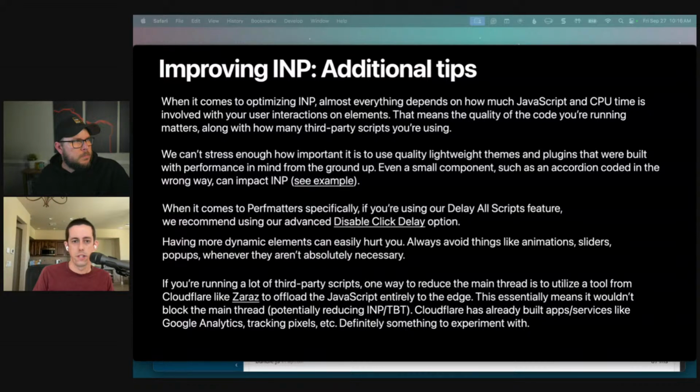This is for Perfmatters, for when you're using delay all. There is one thing with delay all JS that could potentially hurt your INP. I want to make this very clear. This is mainly on large complex sites, like WooCommerce sites, if you're running something like Avada, think of the big worst offender sites. But if you're running delay all JS,